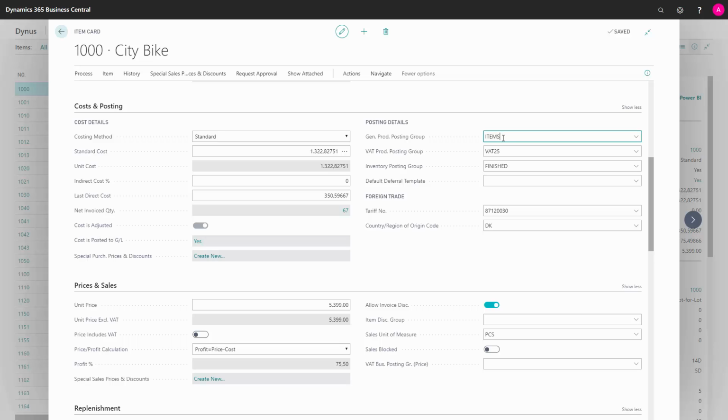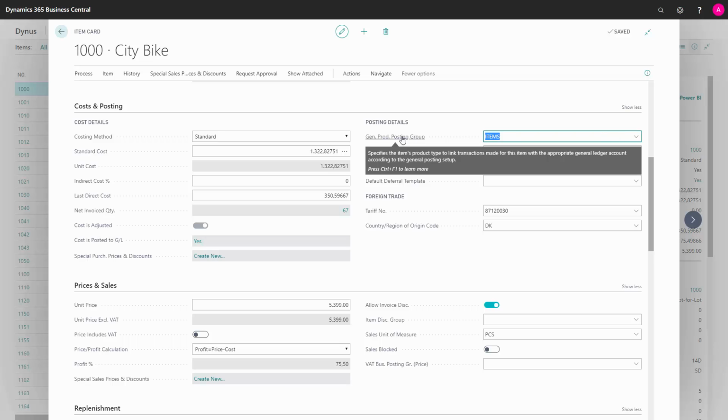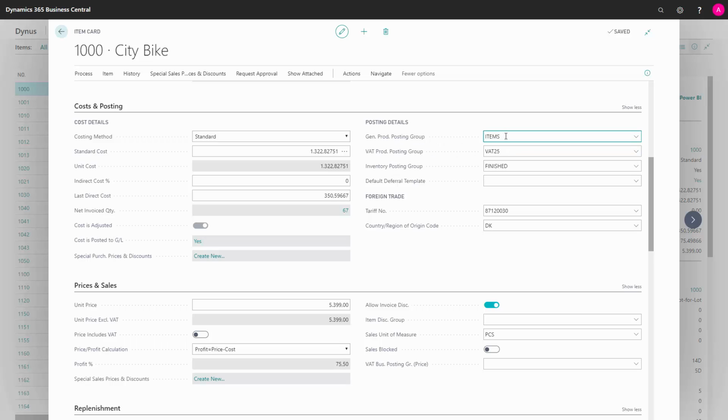The posting group is set up when you create the item. The general product posting group determines where the cost on this item goes into the income statement. The VAT product posting group is normally filled in from the general posting group. The VAT posting group determines, of course, the standard VAT for this item, and it works together with the VAT setup from customers or vendors when you create order lines. And the inventory posting group determines where in the balance sheet the cost of this item is entered. So this is the way of handling where you see the item cost and the revenue or purchases on this item in your chart of accounts.